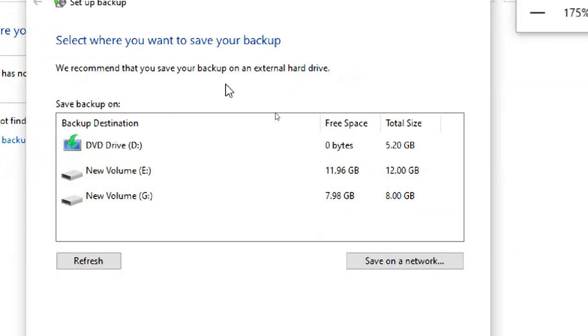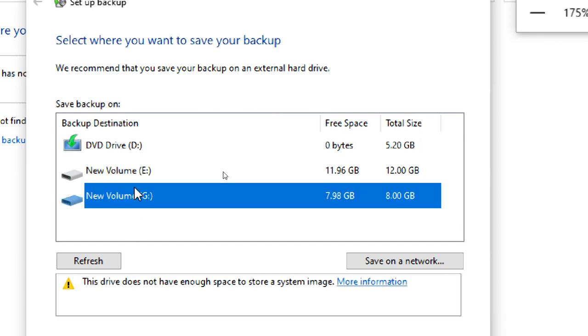Now where do you want to store the backup? You can take the backup, but you can't store the backup in the same location, right? You have to store it in a different location. The preferable location is an external hard disk. If you have an external hard disk, you connect it and back up to the external hard disk. Or DVDs if you want DVDs, or network locations if you have NAS kind of storage.